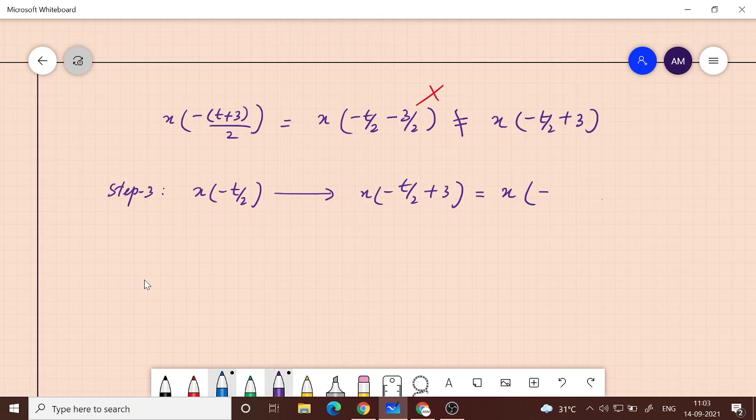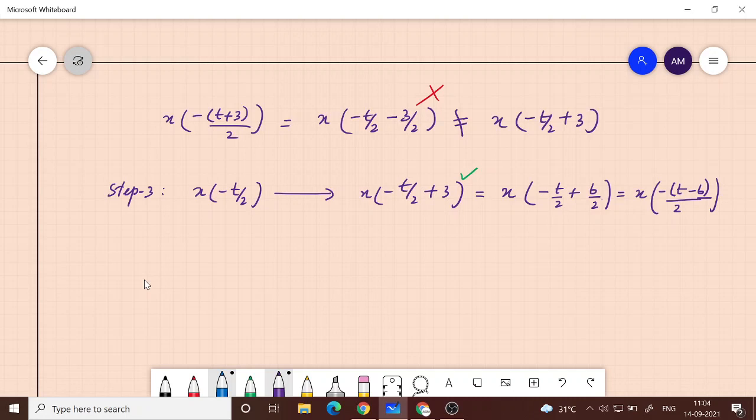So what I want to do is basically, this is t by 2 and then plus, let me say, 6 by 2. I can write like this, right? 3 I have written as 6 by 2, and then I'm just rearranging what I want. So this is the thing I want. I'm writing it in such a manner so that I can find out how much I need to shift. So I can now write, this minus I am taking outside, and then t minus 6.